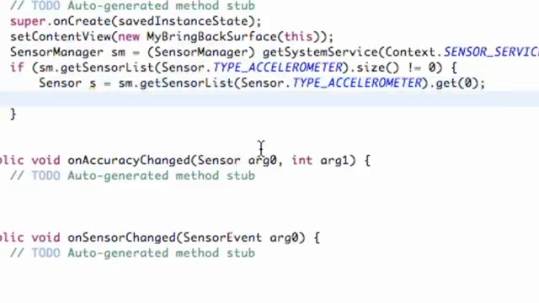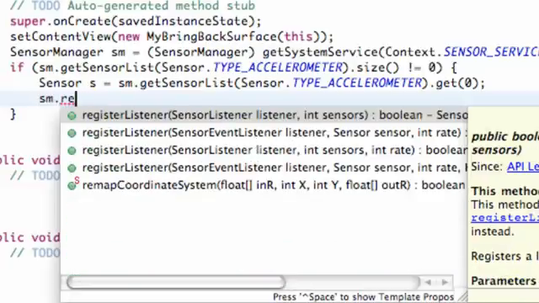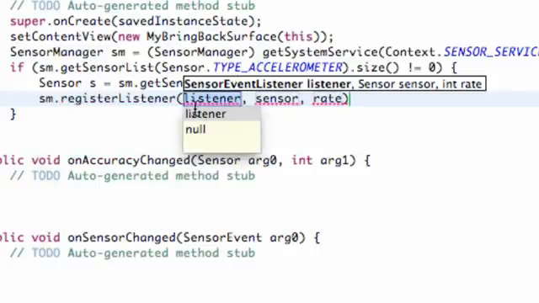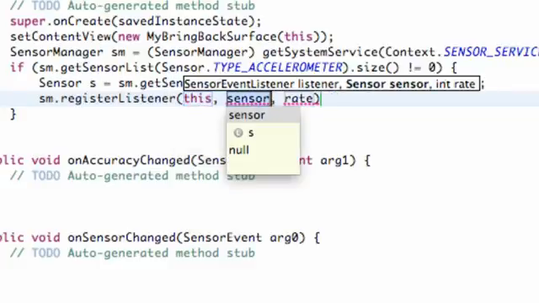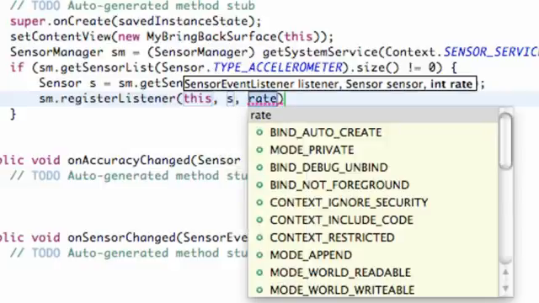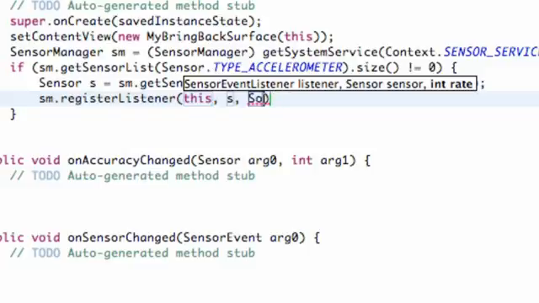So now we're going to register our sensor and our manager and all that stuff. We're going to refer to our sensor manager, and then we're just going to say registerListener, and we're going to choose this second option here, where we take a sensor event listener, a sensor, and an int for the rate. So for our listener, we're going to set this equal to the context of this, and for our sensor, we're going to refer to the sensor we just set up as S, and for our rate, we can refer to our SensorManager class,